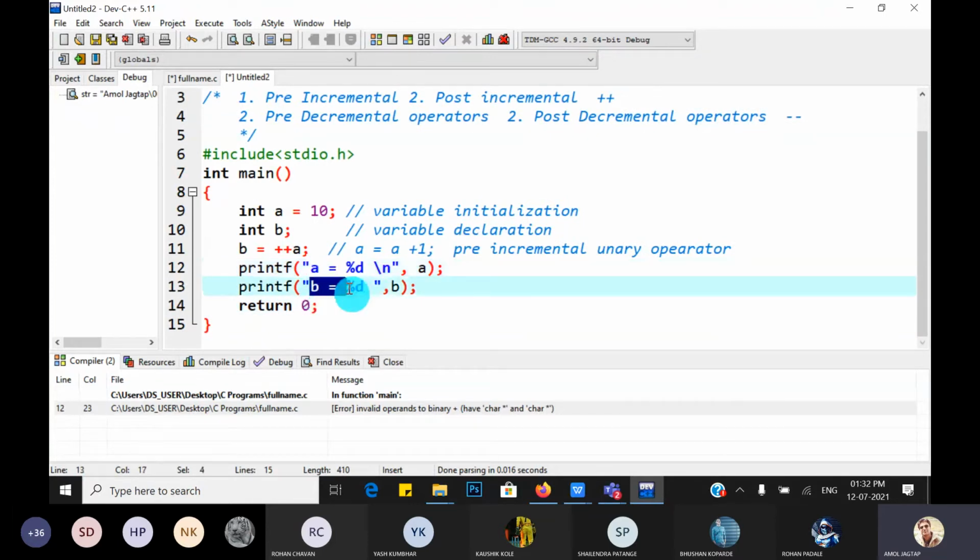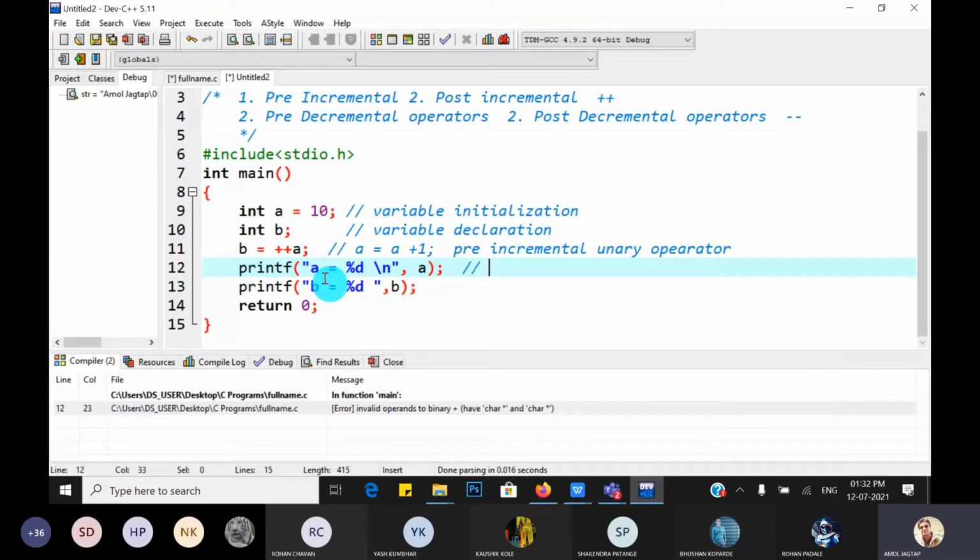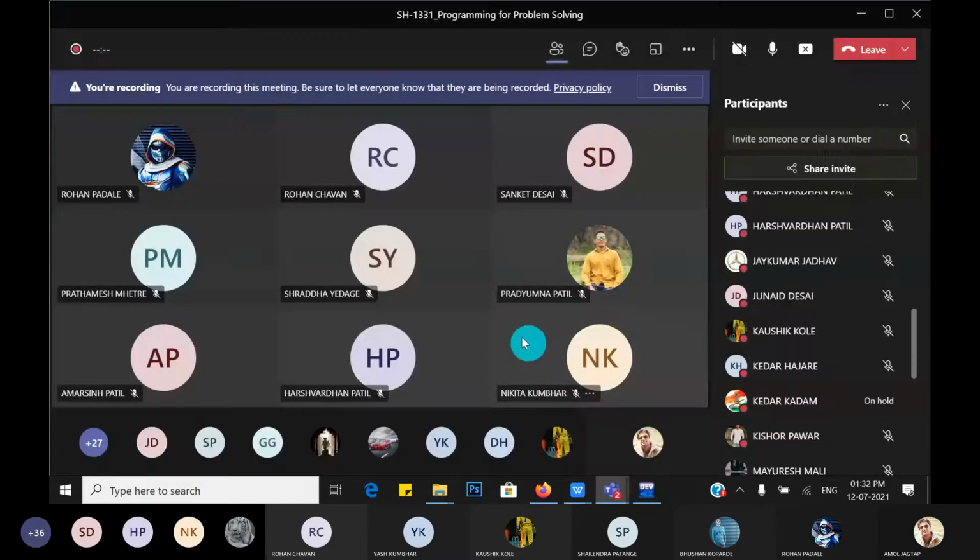A is equal to and b is equal to. What is the predicted output? Now discuss with me. Anyone? What does plus plus a mean? A is equal to a plus 1, which means increment the value inside a by 1. So what is the value in a and what is the value in b?